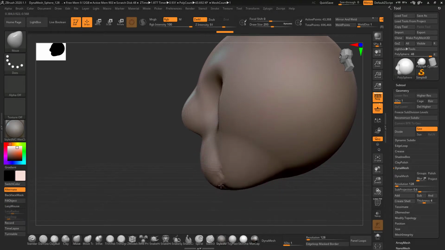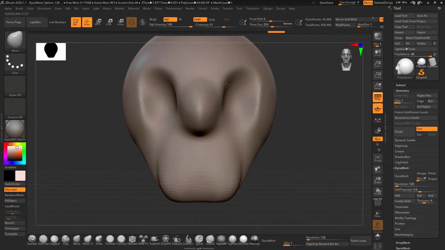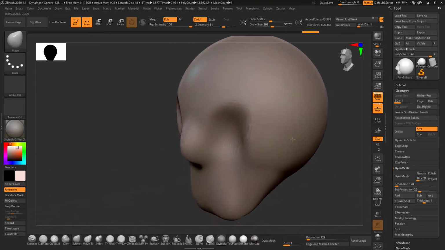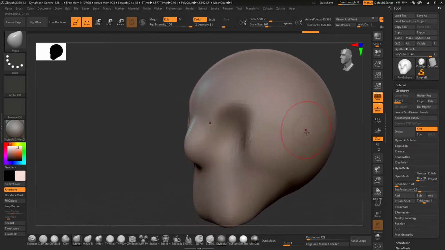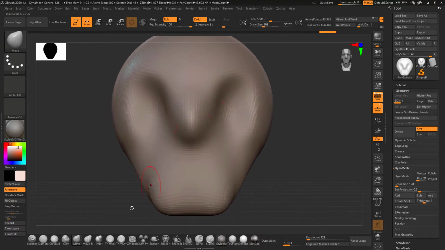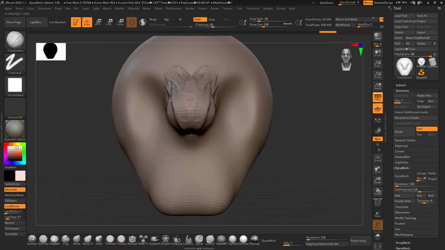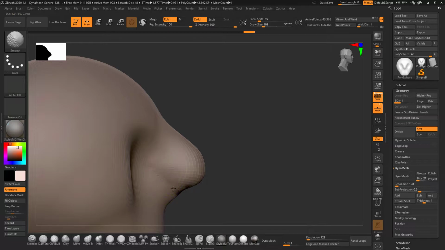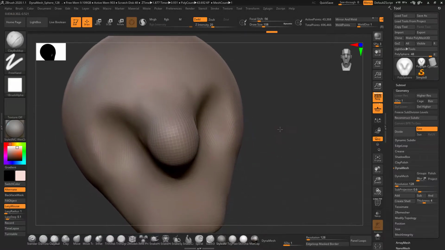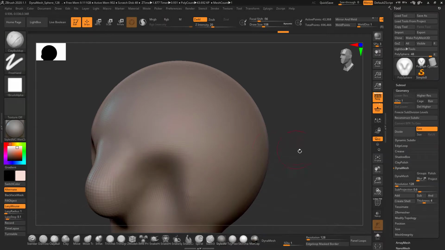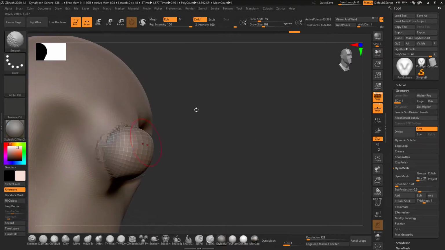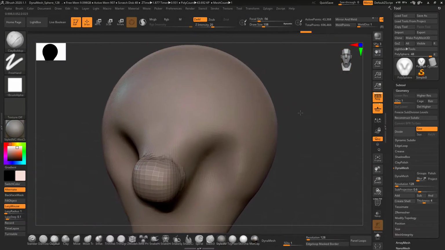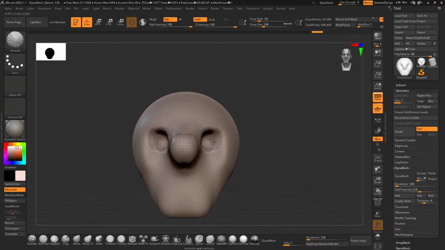So for example, if you have created a model and you just want to increase the resolution of it, because it starts from the low resolution and at some point when you start sculpting your models and your polygons get stretched, there is a limit. I can sculpt to a limit, and after a certain limit my polygons start getting deformed and I don't get the result of what I want. Or if I want to add some V hook,